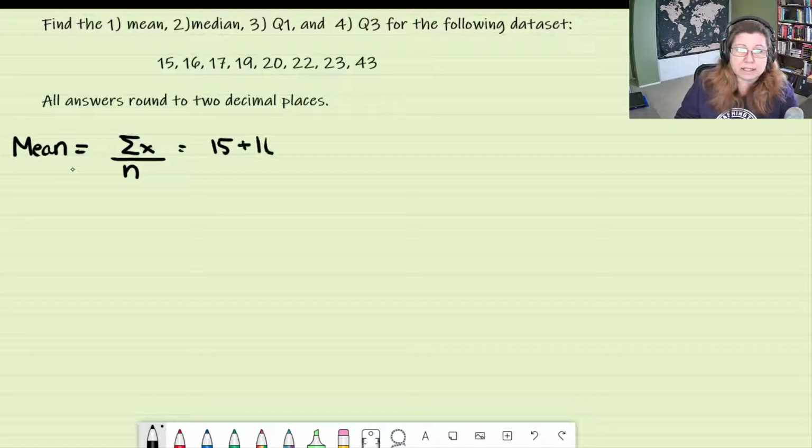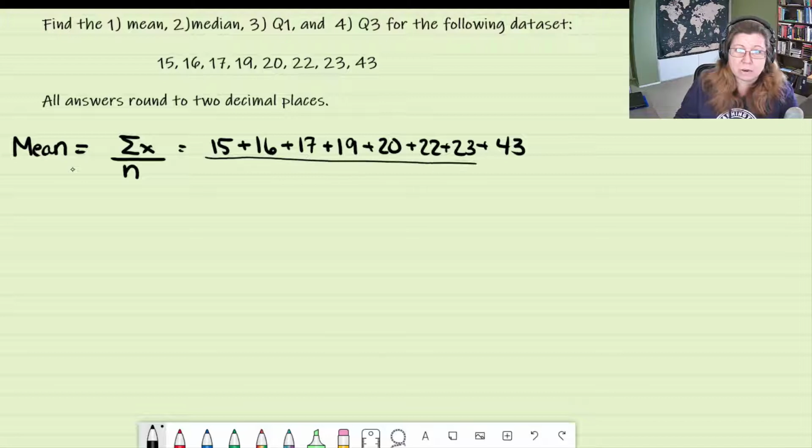15 plus 16 plus 17 plus 19 plus 20 plus 22 plus 23 plus 43. And we are going to divide the total by 8. Now I'm just going to grab my calculator and throw that in here. And I get 175. So 175 divided by 8, that's going to equal